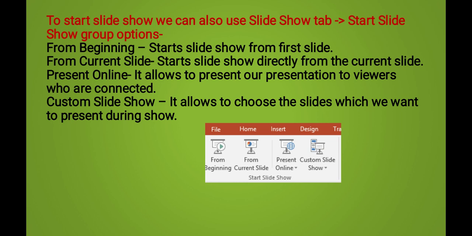Children, if we want people who are connected online with us to see our presentation, we choose this option, Present Online, and then start our slideshow. Custom Slide Show. This option allows us to choose the slides that we want to present during the show. If you don't want to present all the slides, we can use the Custom Slide Show option.